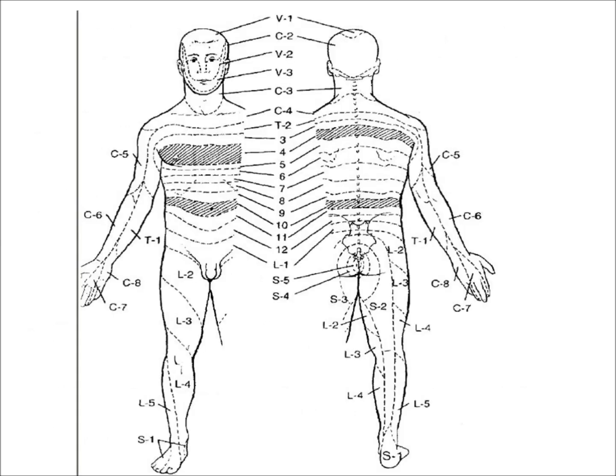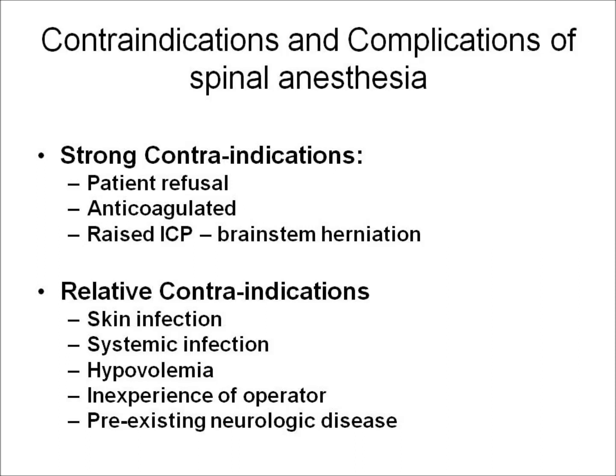Diagrams showing dermatomes are available everywhere, and certainly you could all have one on your phone. The contraindications to both spinals and epidurals can be divided into two main categories. The first might be termed strong contraindications, and the second might be termed relative contraindications. The strong contraindications might also be called absolute contraindications, and they would be things like patient refusal, if the patient